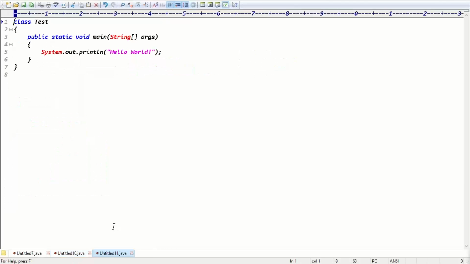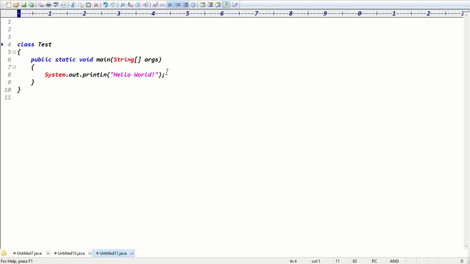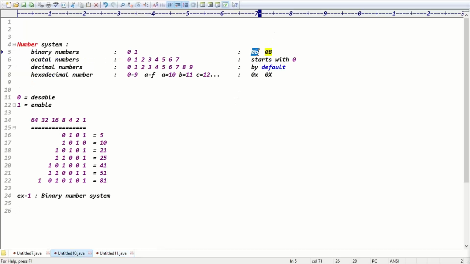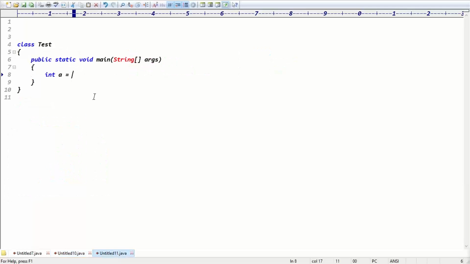You can take the class name as Test class. In the test class, you can take some integer value, integer a equal to. So how can you represent binary data? I think you can represent binary data using the 0b constant, 0b followed by the digits. While taking binary data, we have to use the 0b prefix. 0b1100. What is this binary's equivalent decimal value? I'm printing the value. Tell me guys, what's the a value now?